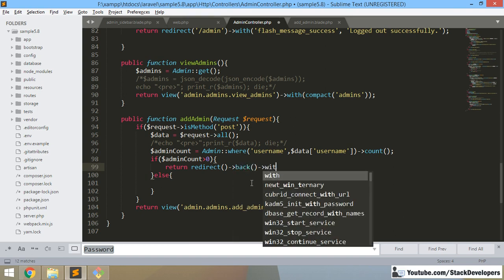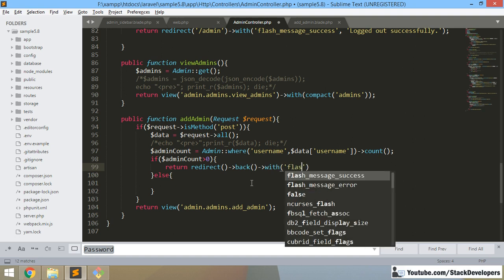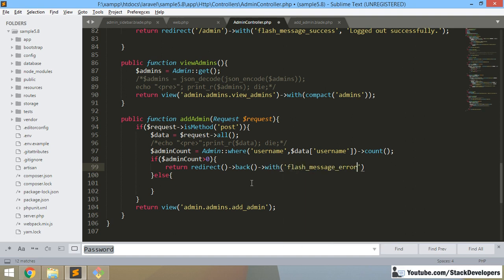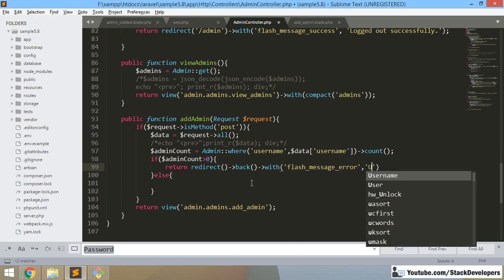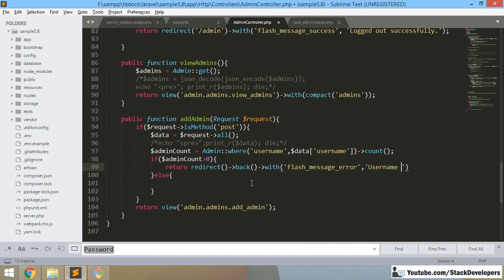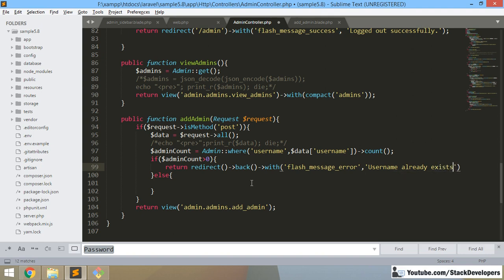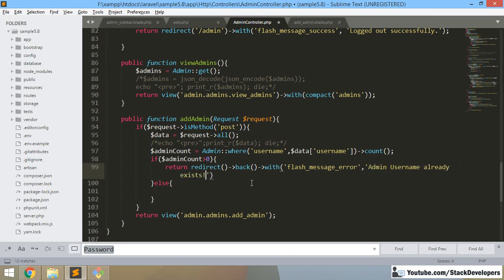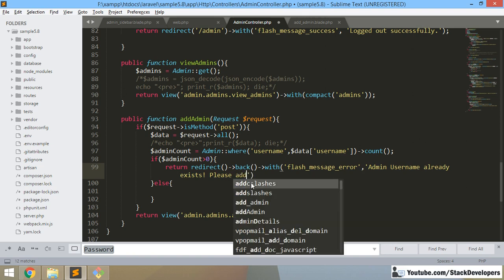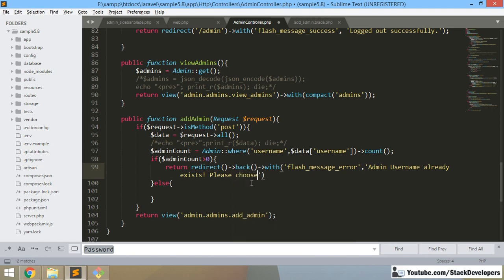Redirect back with a message, error: Username already exists. Here you can also write, admin username already exists, please add another. Like this. So if the count comes to 0, then it means the username does not